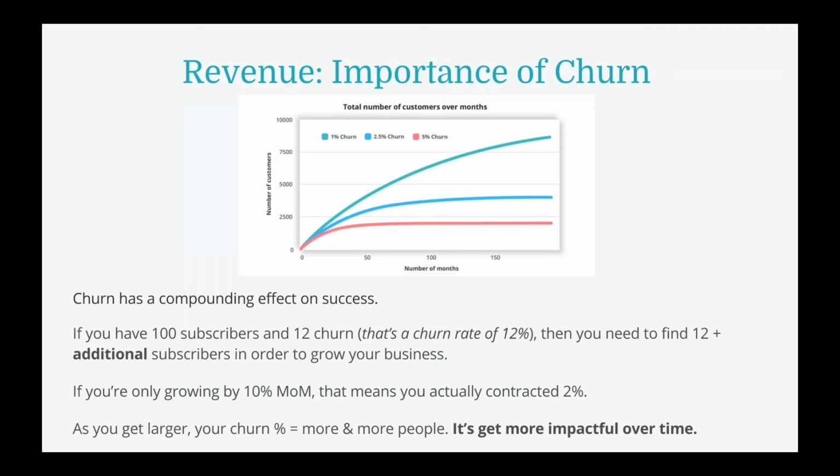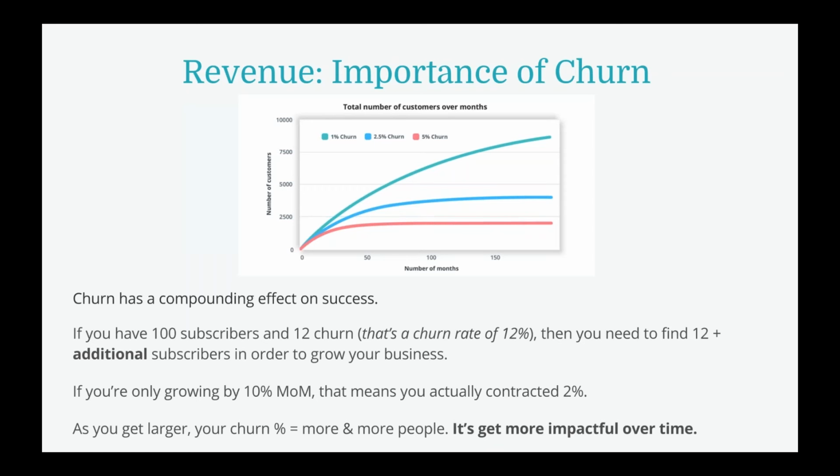What if we have a 10% churn rate when we have 10,000 subscribers? That means we have to go out there and get another 1,000 subscribers. Obviously, 10 is a lot easier to get than 1,000. So this is the implication of that metric: it becomes more impactful over time, in the sense that